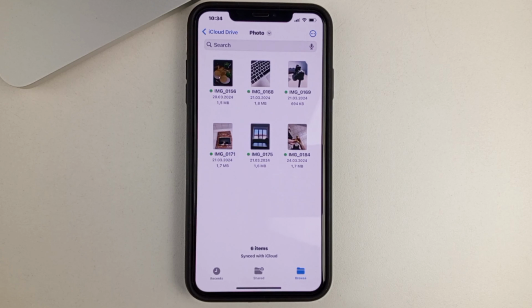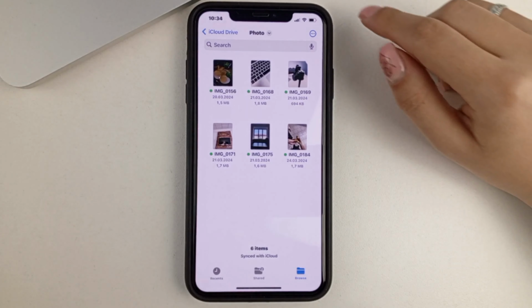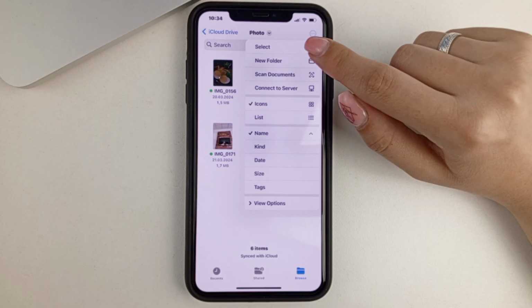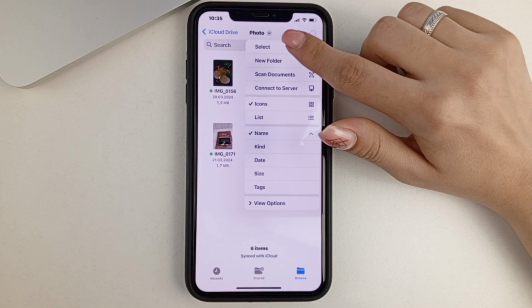But what if you don't want to save one photo at a time? If you have a lot of photos and you want to move a lot of photos at once? That's not a problem. Then in the upper right corner, we click on the three dots. Then we select Select.